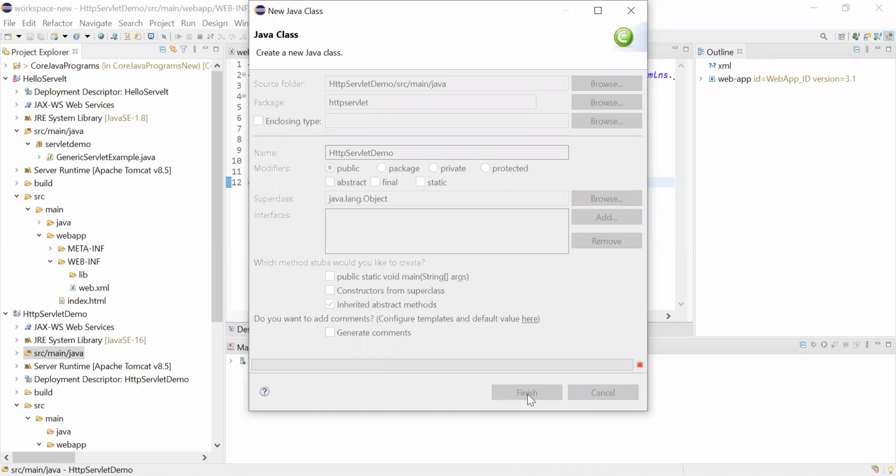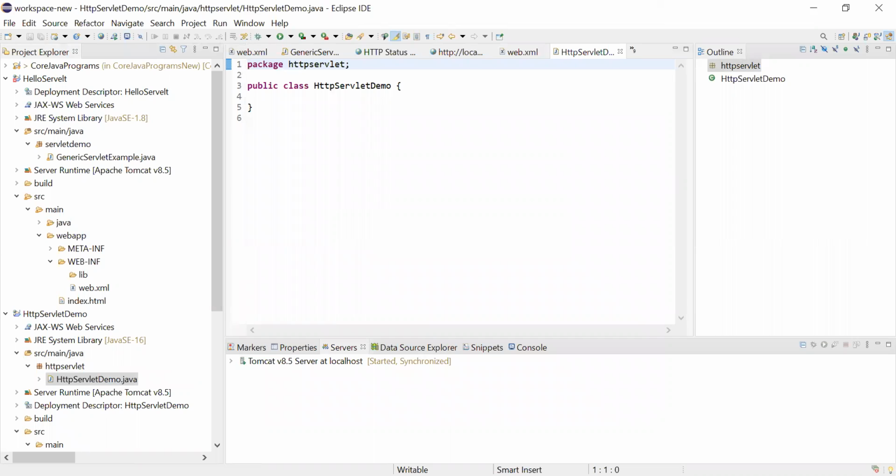Finish. We'll use some HTTP servlet example.